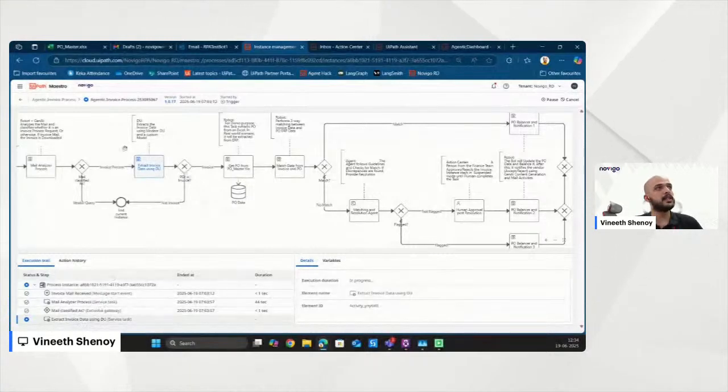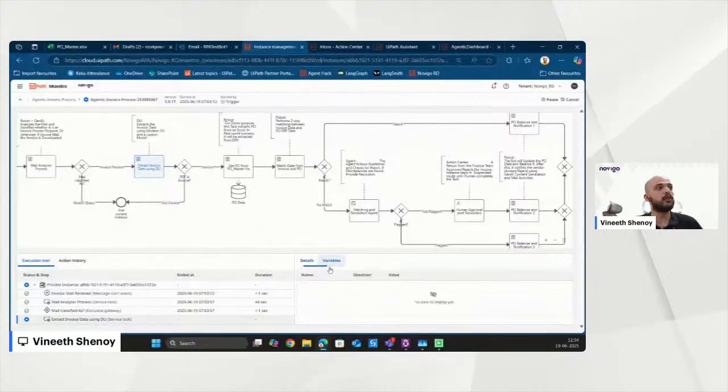This is for the business user to look at the flow, and if you are a developer, you can trace everything in the tab below: what values are being passed, and from which task what output is passed. So this is more like a developer pane, and the business user can visualize the process.